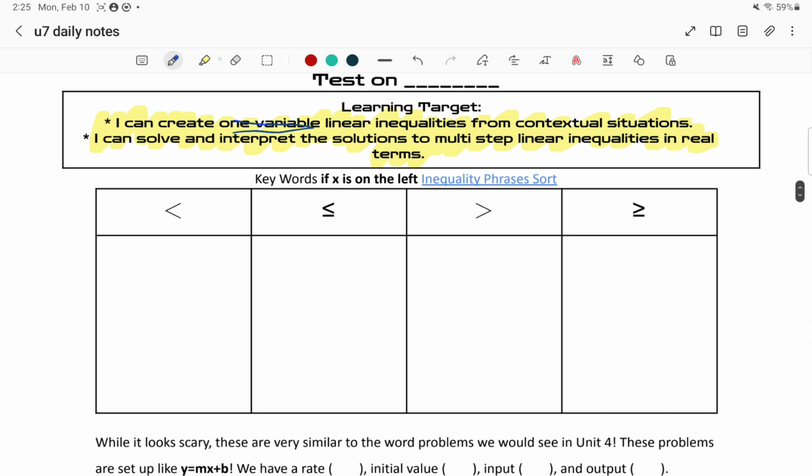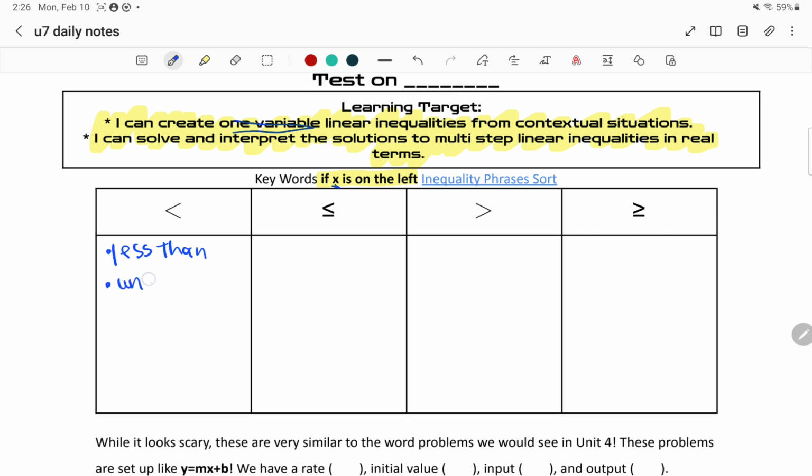So first things first, let's make life a lot easier for ourselves. First, we're always going to put the x value on the left. We're going to put the unknown on the left. When we do that, all the keywords that Delta Math gives us create a pattern. So I'm going to write them down for us. If you put the variable on the left, if you put x on the left, these keywords will work every single time. Okay. So for less than, obviously, less than,